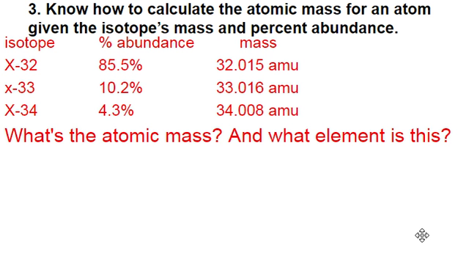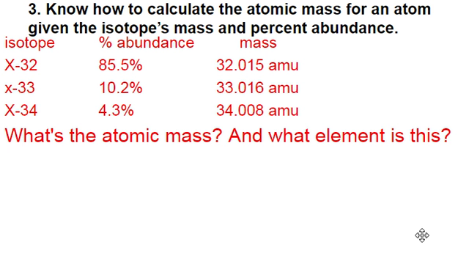Objective 3 says know how to calculate the atomic mass for an atom given the isotope's mass and percent abundance. And I actually asked two questions about this data. I said, what's the atomic mass and what element is it? Because once you know the average atomic mass, that is on the periodic table, so we can identify an element